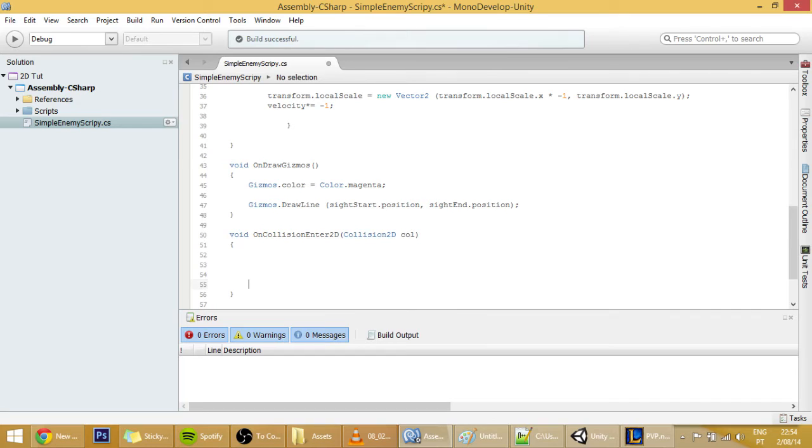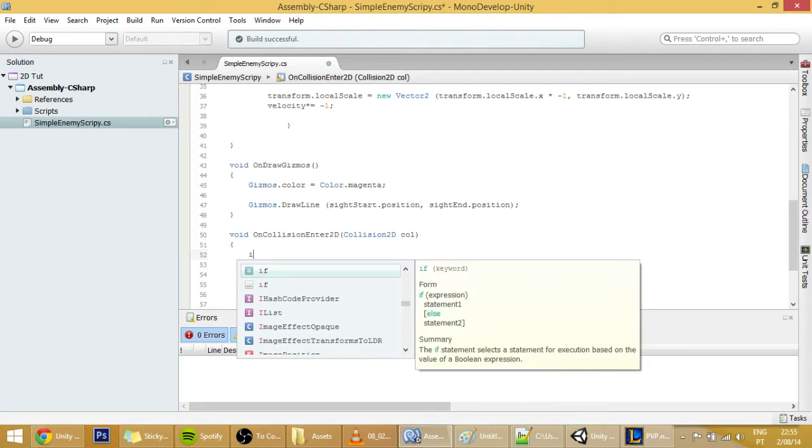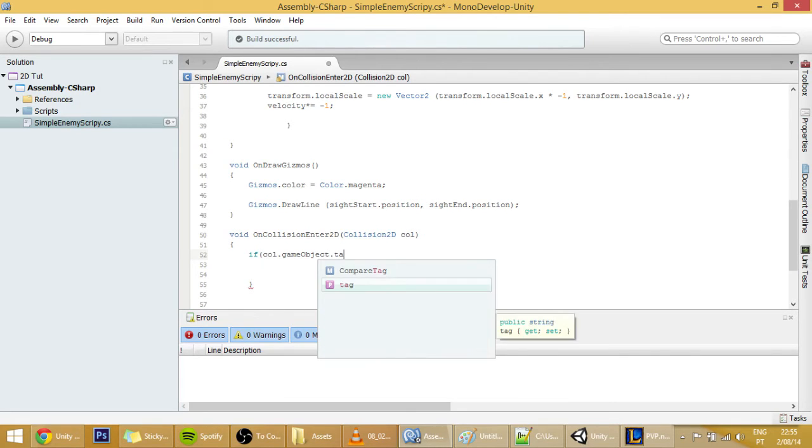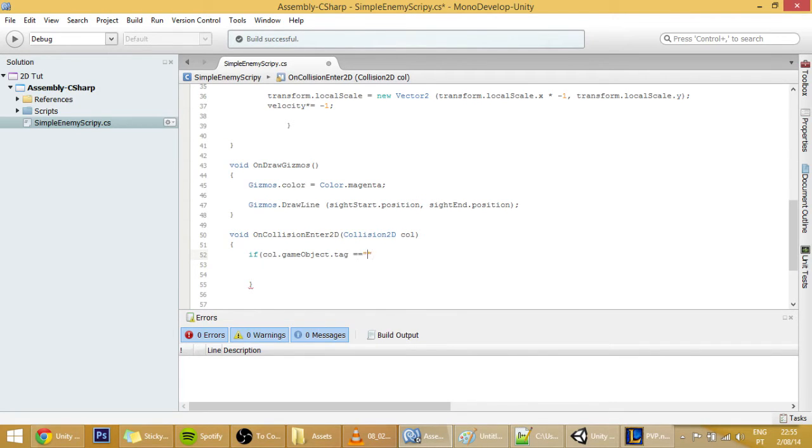Now what exactly will happen in this collision? The first thing we're going to do is check if the other game object is our player. So if col.gameObject.tag equals Player, then some code will execute.